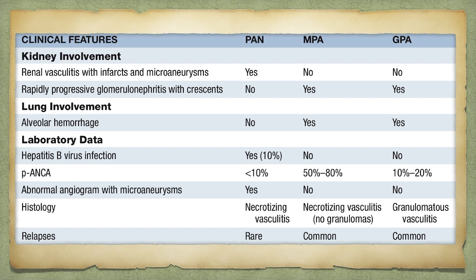If you focus on the first line, polyarteritis nodosa, the renal involvement here is not glomerulonephritis, so you will not find active sediment or dysmorphic RBCs. You will find vasculitis with infarcts and microaneurysms, unlike microscopic polyangiitis and granulomatosis with polyangiitis. The second clue in polyarteritis nodosa is that it's unlikely to involve the lung,